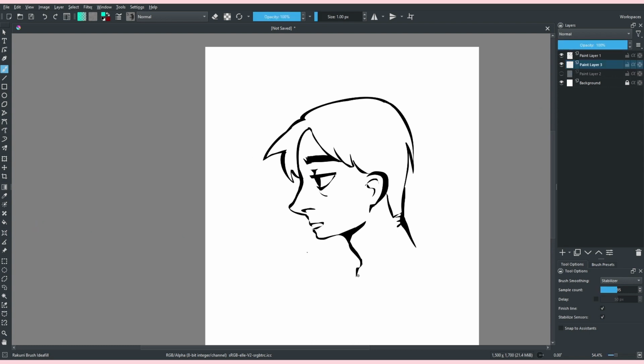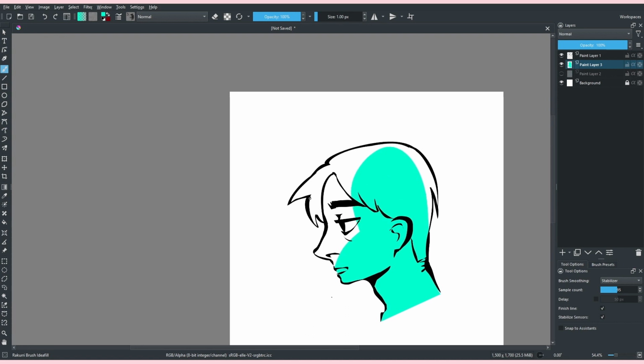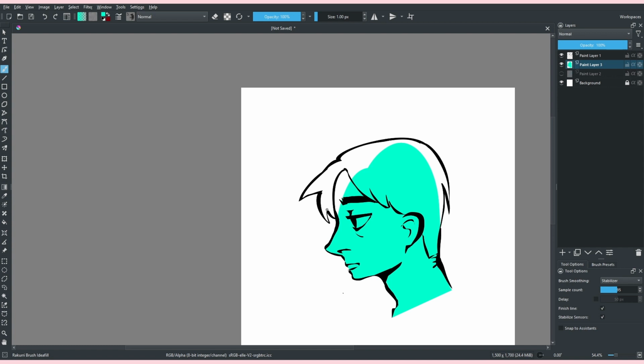I'm not supposed to lock the layer yet. I guess because I have such a clean liner, realistically I could just use the wand tool. But I find, for more messy, not really messy, but like, because this is pretty messy. I mean, I guess more translucent, or that has more translucent edges and kind of weird spots like that, where the wand may not choose a super clean selection. I really like using this to fill